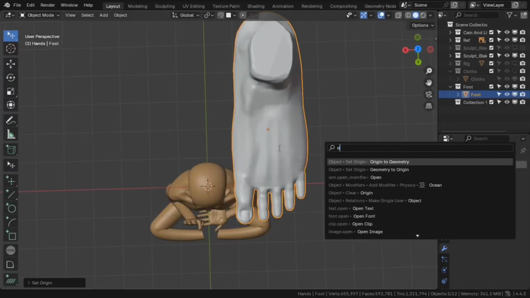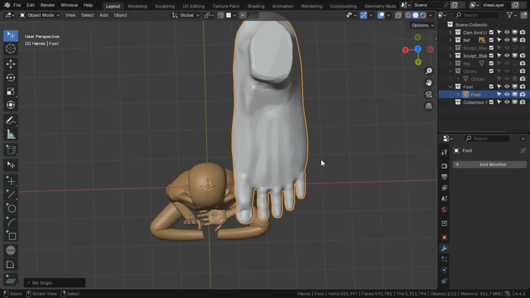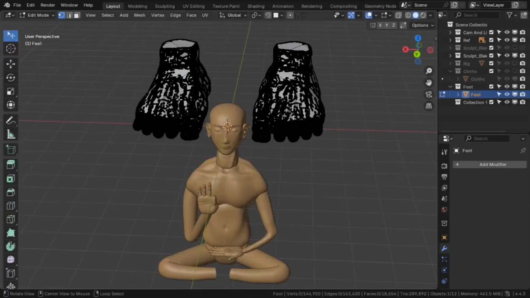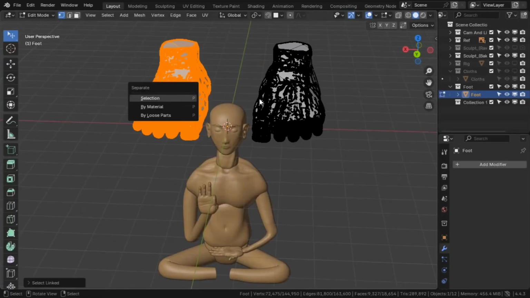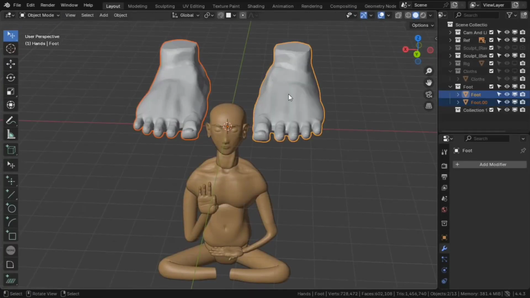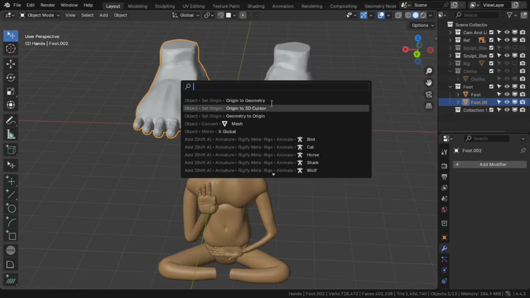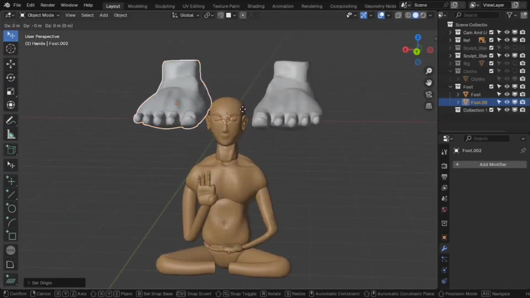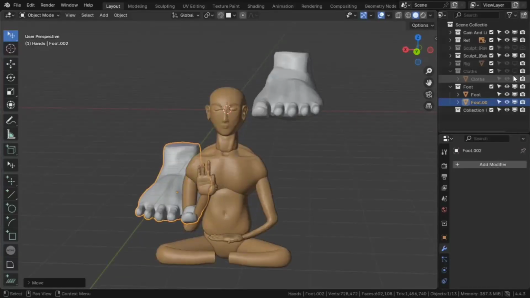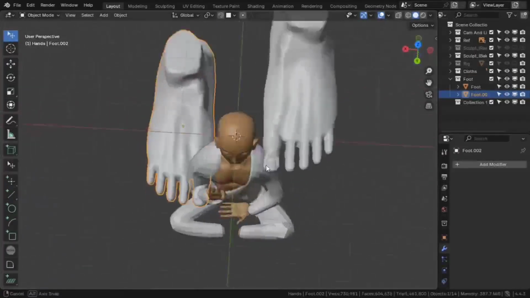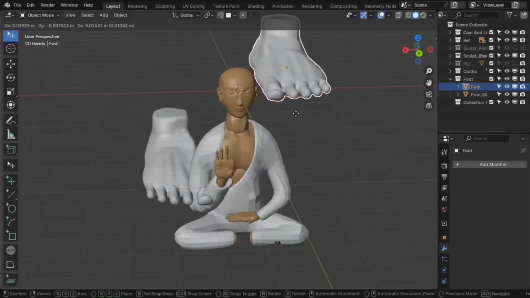Now we want to mirror it using a mirror modifier, applying it, and then go to tab to edit mode and P for selection and L to select the desired object and selected part to be separated. From that operator to create two different legs, and using the individual origins on the origin setting on the top,